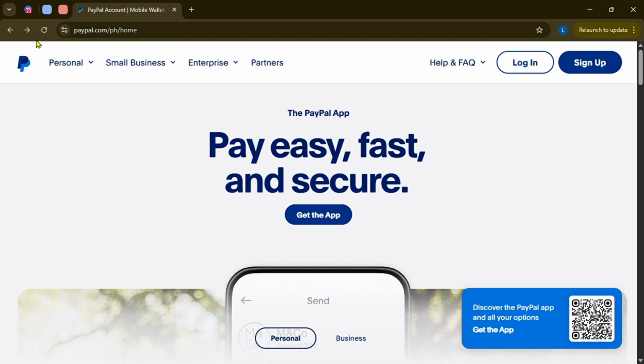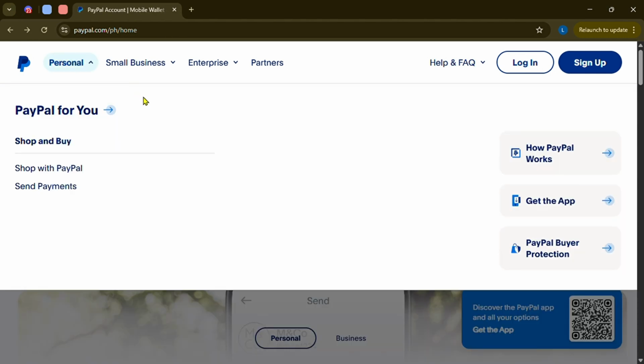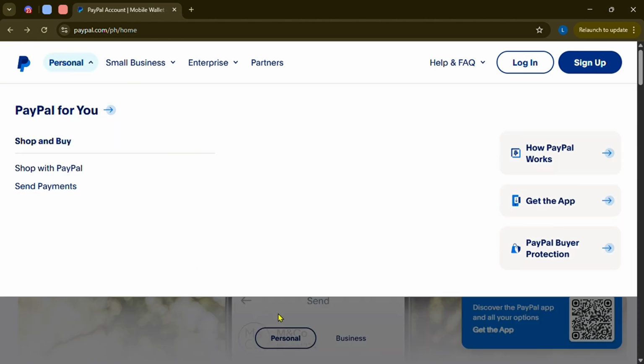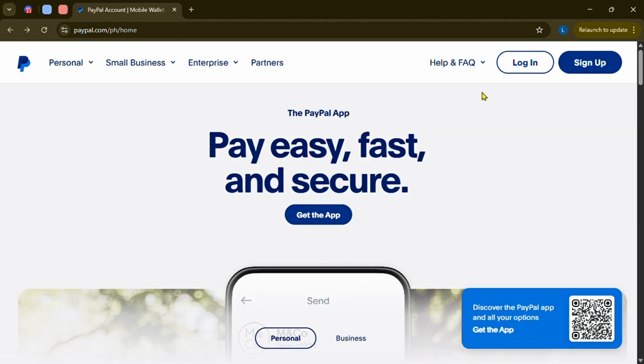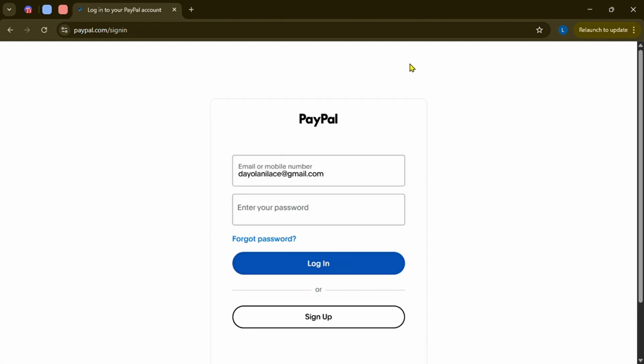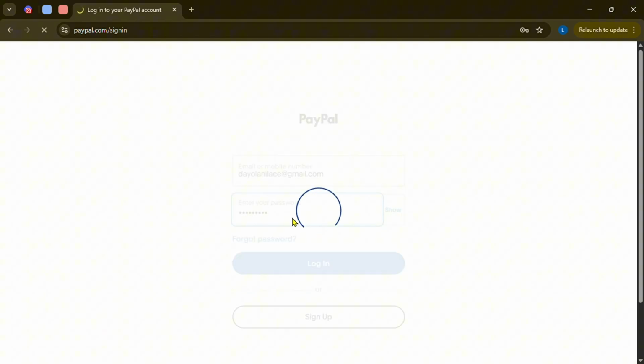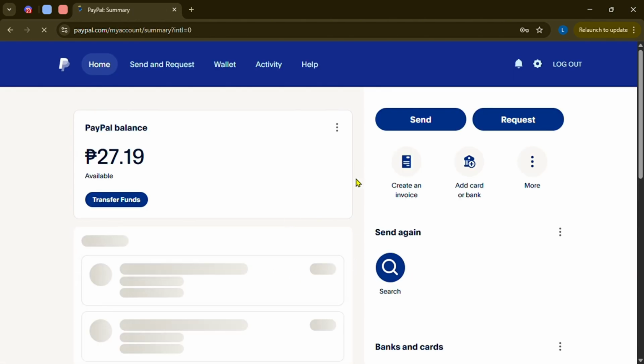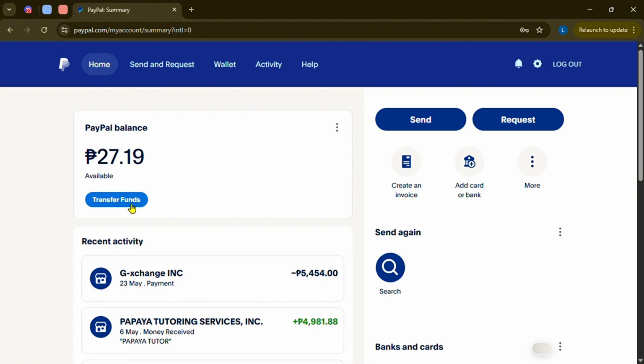It is actually pretty easy to transfer funds from PayPal to your bank account. You should open your PayPal app if you have the app version, or you can just log into the website right here. After logging in,